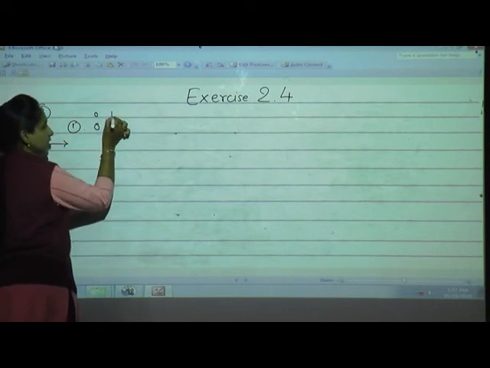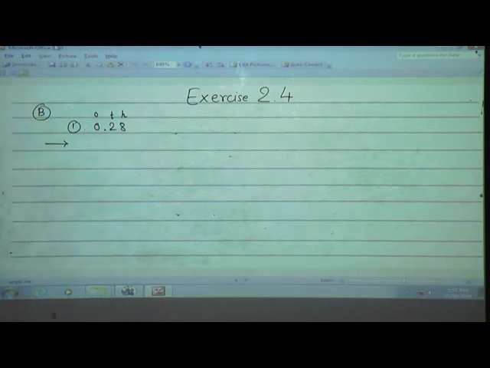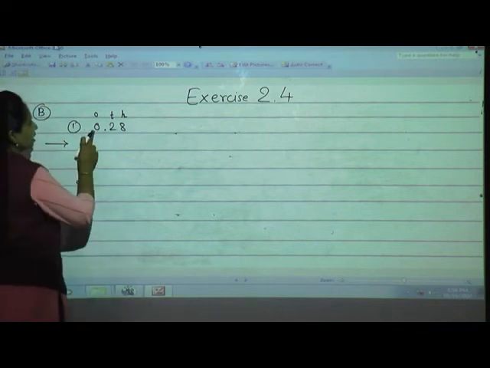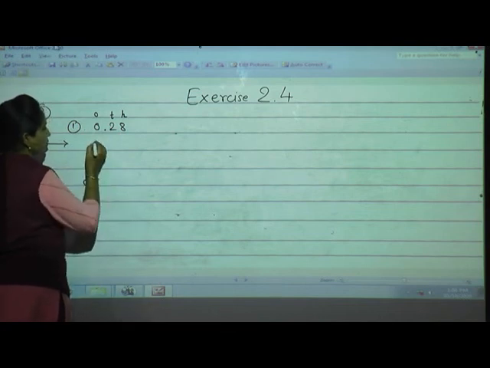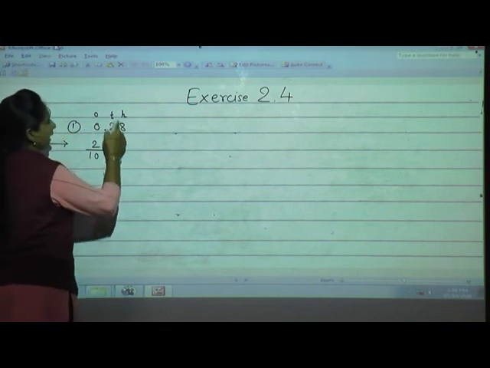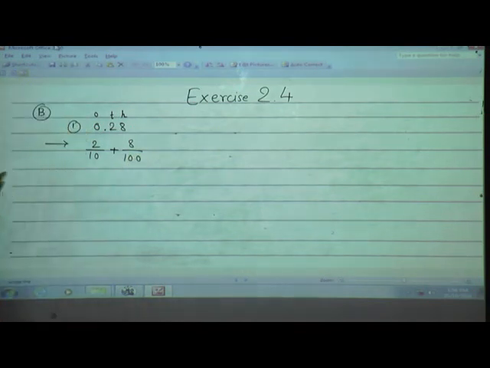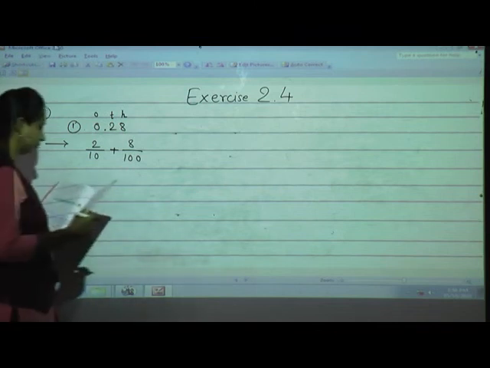After the decimal point, this is tens, and this is hundreds. So while writing the expanded notation, what we add between the numbers? We give addition symbol. So here 0 is there at ones place, so there is no value. 2 tens. So write 2 tens. Do you remember how we write decimals? 2 upon 10. 2 tenths means 2 upon 10. Give the addition symbol and 8 hundredths. So write 8 upon 100. That's it. Over. Okay? Very simple. Now next I will solve.